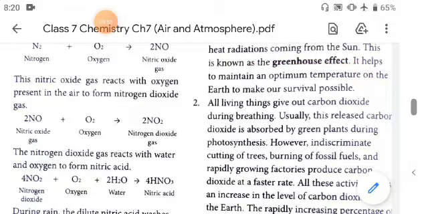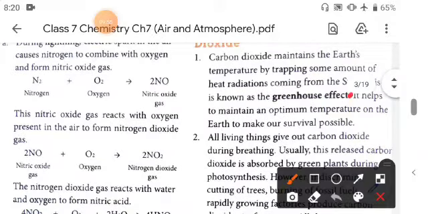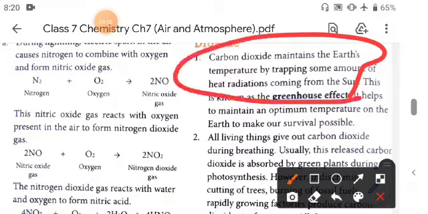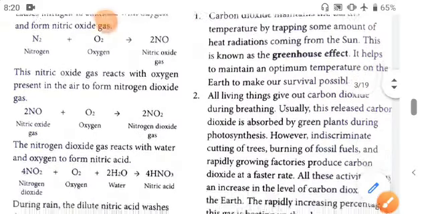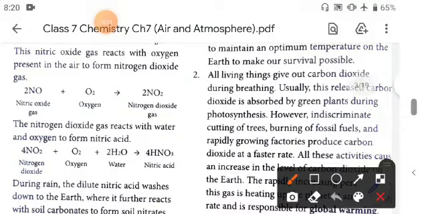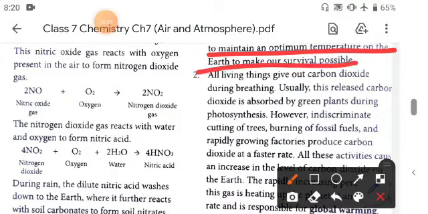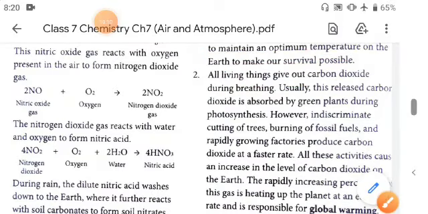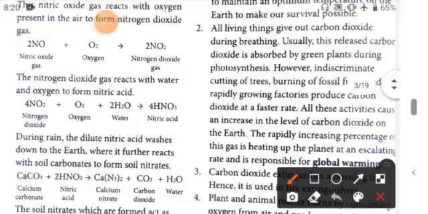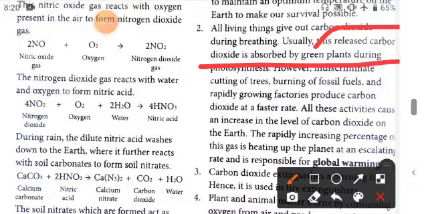So what is the greenhouse effect? These gases are important for the greenhouse effect, and it helps to maintain an optimum temperature on the earth to make our survival possible. And all living things give out carbon dioxide during breathing, and usually this released carbon dioxide is absorbed by the green plants during photosynthesis. However,